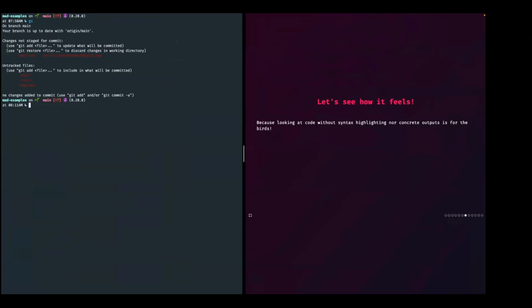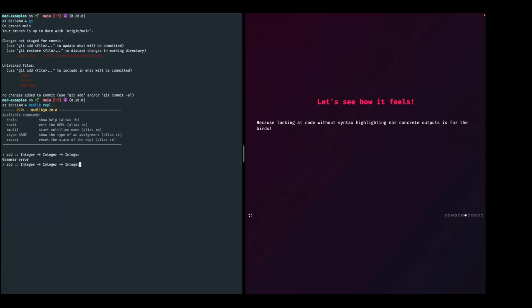We recently added a REPL, which is kind of cool. Within the REPL, it does inference automatically for you.